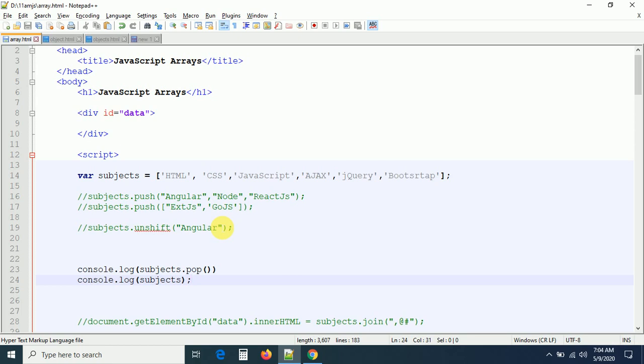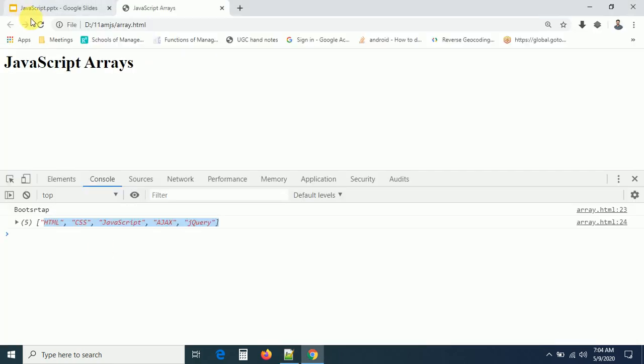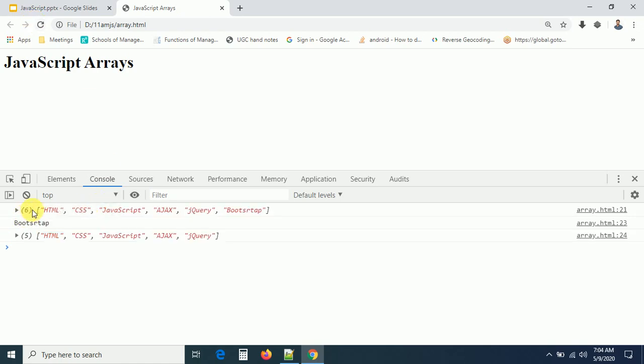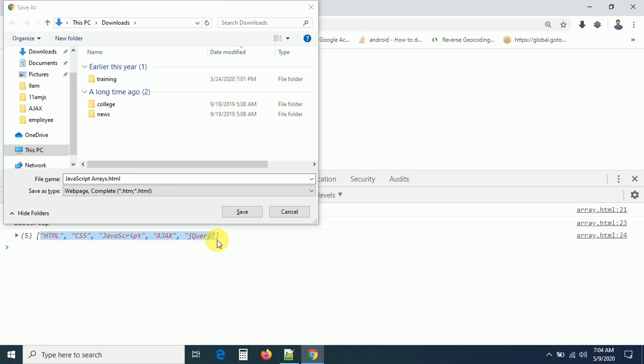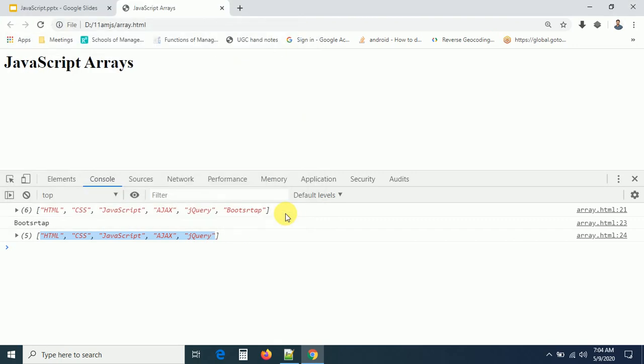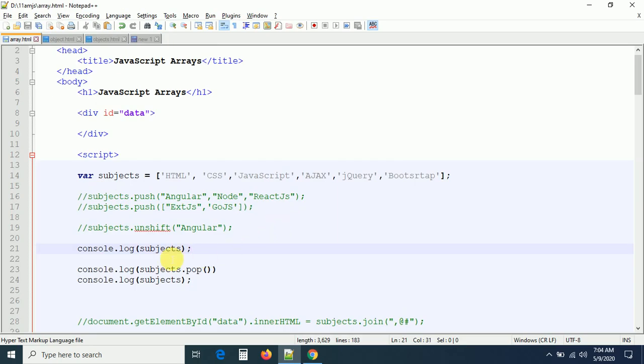After deleting, you are checking. If you want, you can check. This is before deleting. Before deleting, can you see? So we have 6 elements in the array. After that pop was applied, the element was removed, and after that I'm checking whether the element was in the array or not by simply printing the array, right? That's it, guys. So we have the pop method. Pop method is removing the last element.